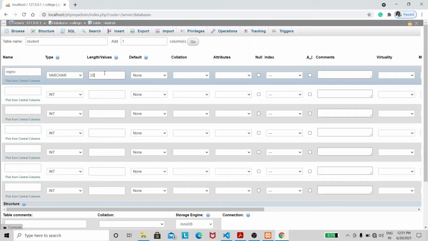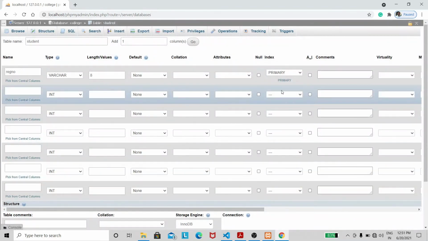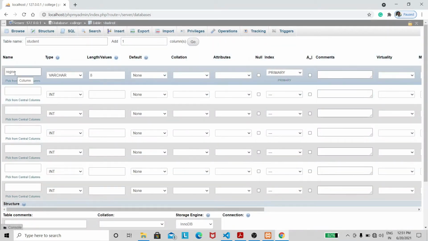Actually our register number is 8 characters. We can just specify it as 8 characters. So let it be none itself. Attributes not required. Now we need to select it as primary key. So click on go. We have mentioned the size here 8 and click on go. Now primary key has been set for field name register number, right?